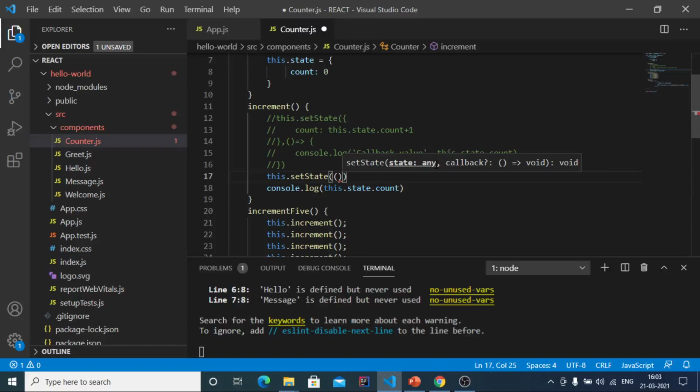So we have to make use of the arrow function syntax again here, like this, and to this arrow function we need to pass a parameter.